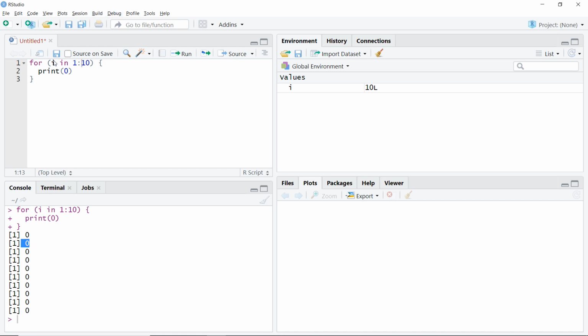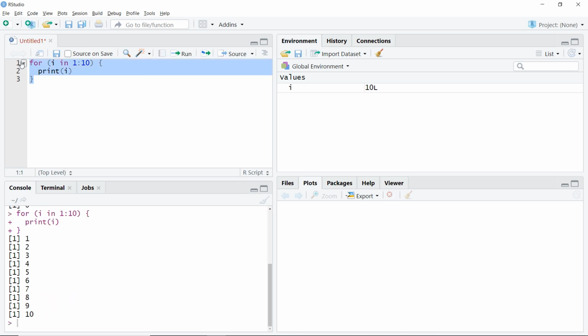Here I did not use the variable i, but we can definitely use it. I could have just said print i. If I now run this loop, you will see every single time it prints i, and you can clearly see that i was incrementing from 1 to 10 each time.